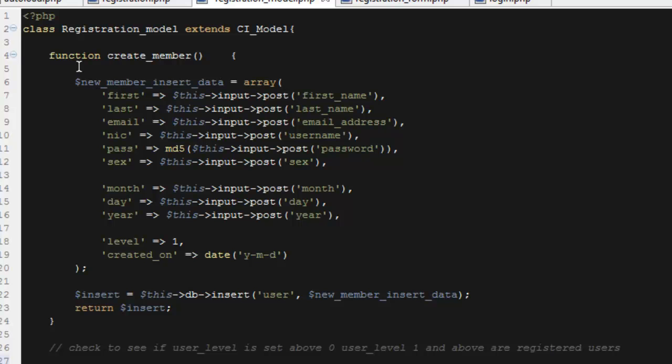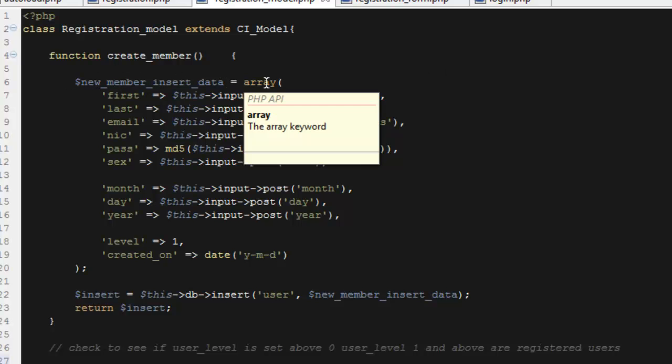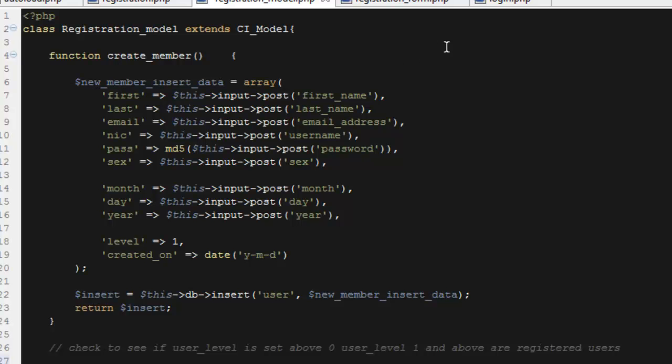We're going to create the function called createMember. Now, we're going to go new member insert data equals array. So we're going to create an array, and what we're doing is we're just grabbing each of the pieces from the form, which we will be seeing next,